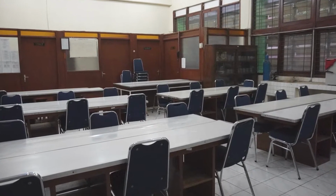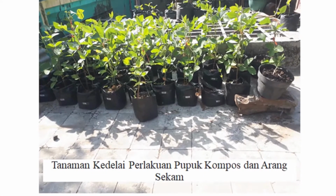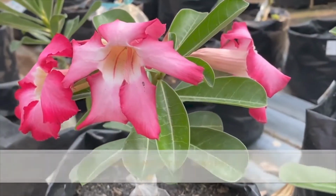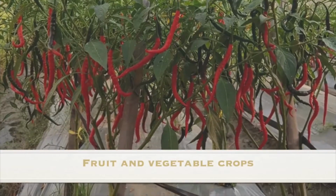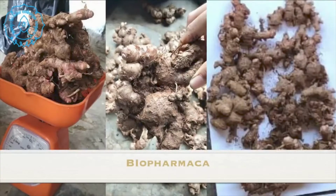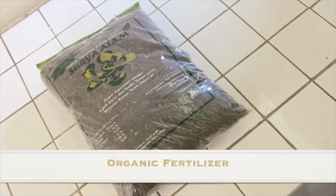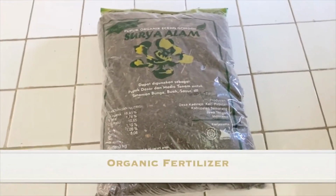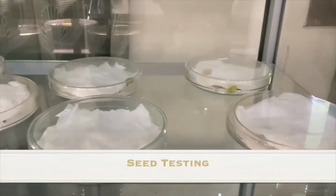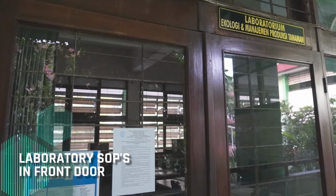Some of the leading researches are food crops, ornamental crops, fruit and vegetable crops, biopharmaca red ginger, natural dye crops and its organic fertilizer, garlic, seed testing. In the lab, we can find various safety instructions such as evacuation plan and lab SOPs in